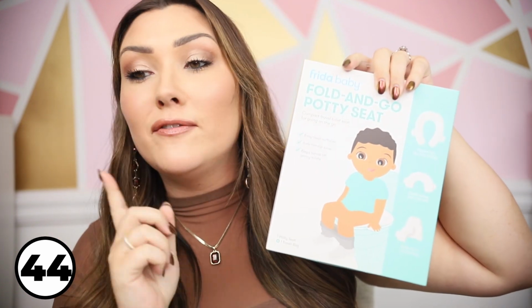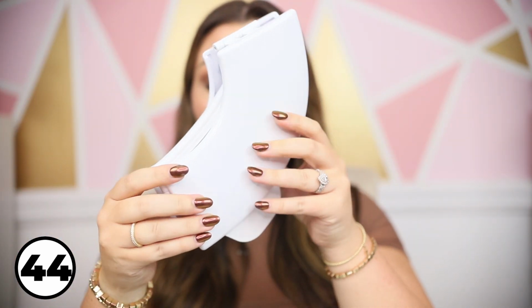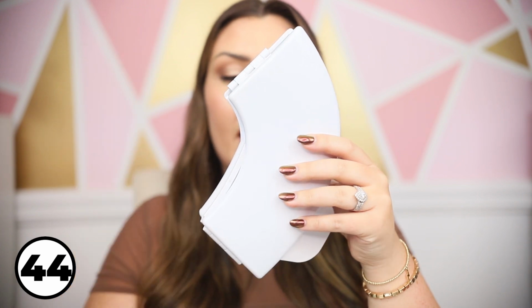This Frida-Baby fold and go potty set is also included in Prime Day, and this is actually something that I just purchased for our daughter. We haven't even opened it yet, but we are just starting potty training, and when the time comes where she is consistently using the potty, I think that this is going to be really nice to take on the go and practice with. So it just folds up really nicely, and it does come with a little carrying bag,